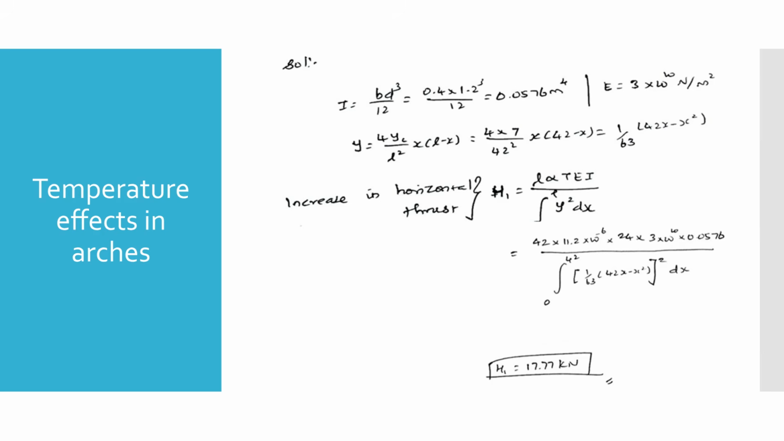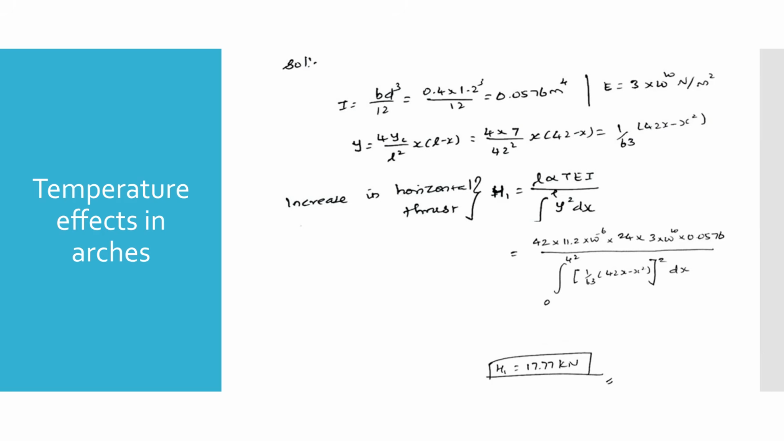The parabolic height equation y simplifies to 1 over 63 times (42x minus x squared). The additional horizontal thrust H1 equals L alpha T E I divided by the integral of y squared dx from 0 to L. The numerator calculates as 42 times 11.2 times 10 to the -6 times 24 times 3 times 10 to the 10th times